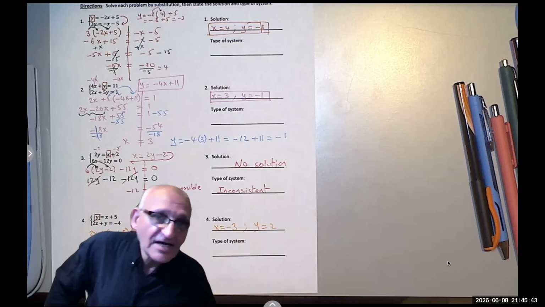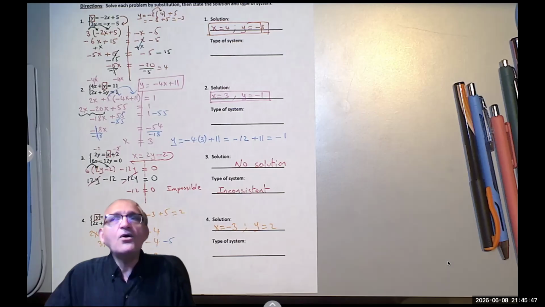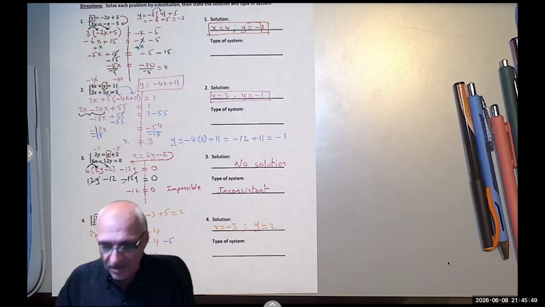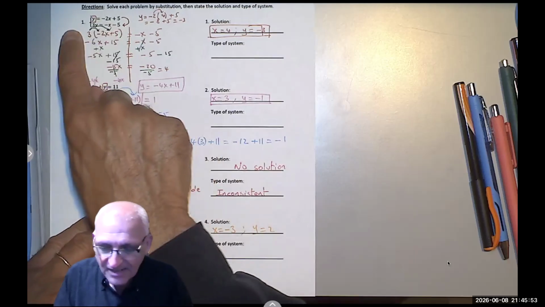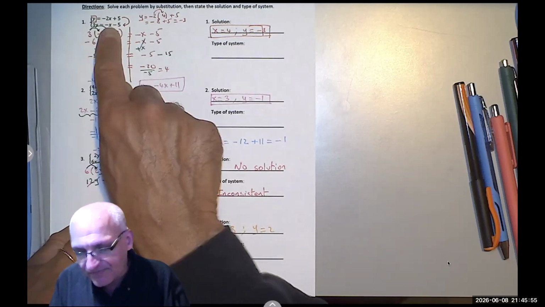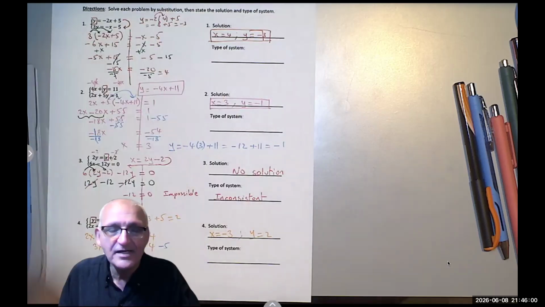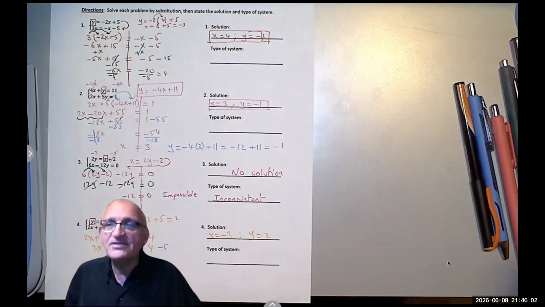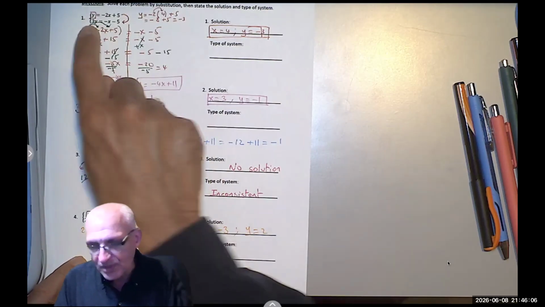If you have a variable with a coefficient of 1 or negative 1, like I could have used the negative x here, move it to the other side and say x equals negative 3y minus 5 and use that to solve. That's fine. But if none of them is 1 or negative 1, they are like 3 and 5 and negative 2 and 7,